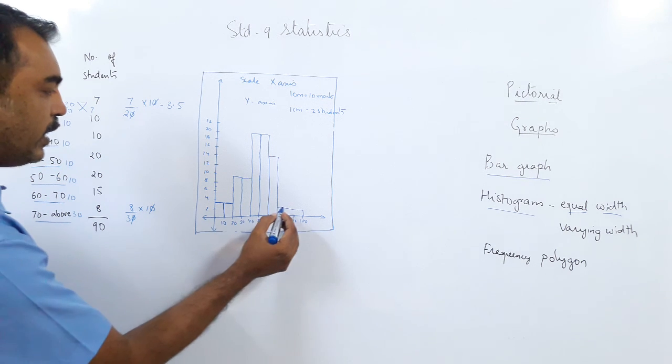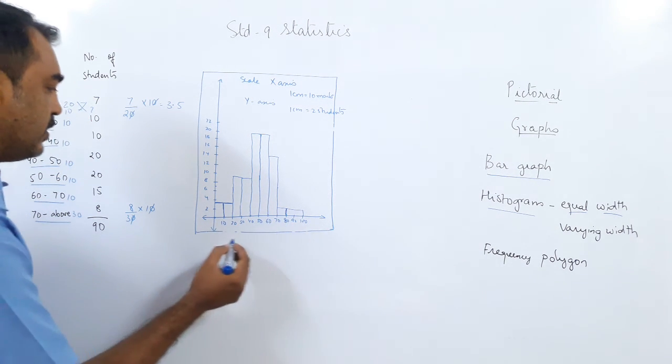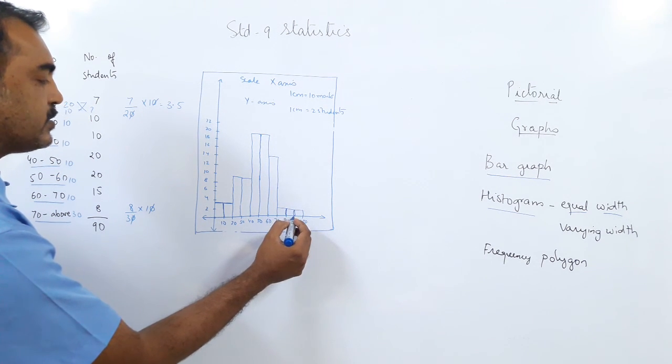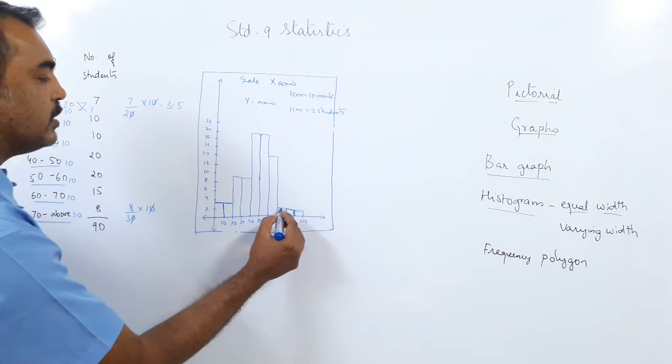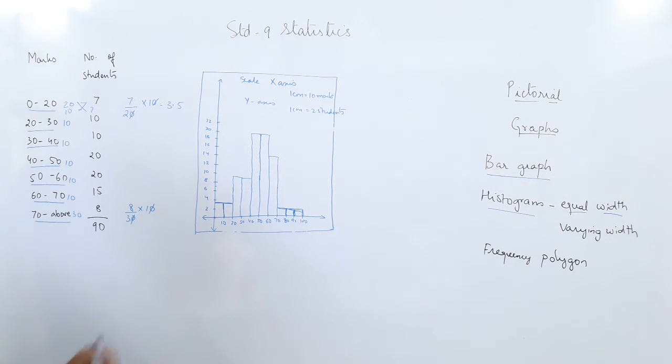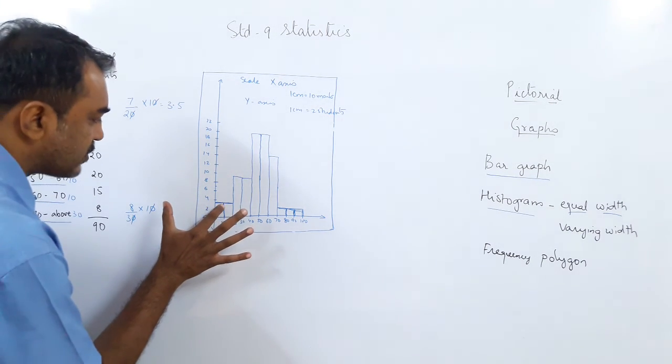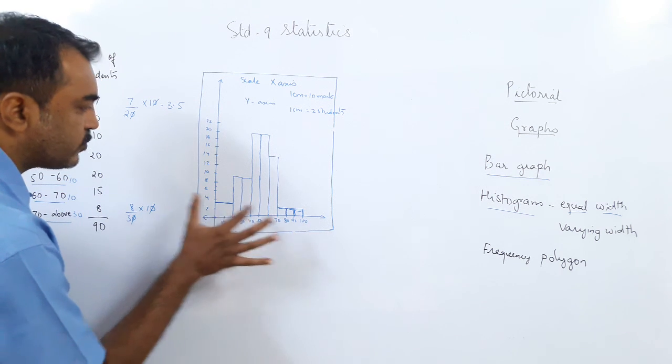In the same way there is a total of 8. From 70 to 80, 2.66. From 80 to 90, 2.66. From 90 to 100, 2.66. So in total from 70 to 100 I got 8. So I took a reference point and using the reference point I adjusted the width. Okay? This is just for explanation. We do not need this line here. I can remove this line. It was just for showing.